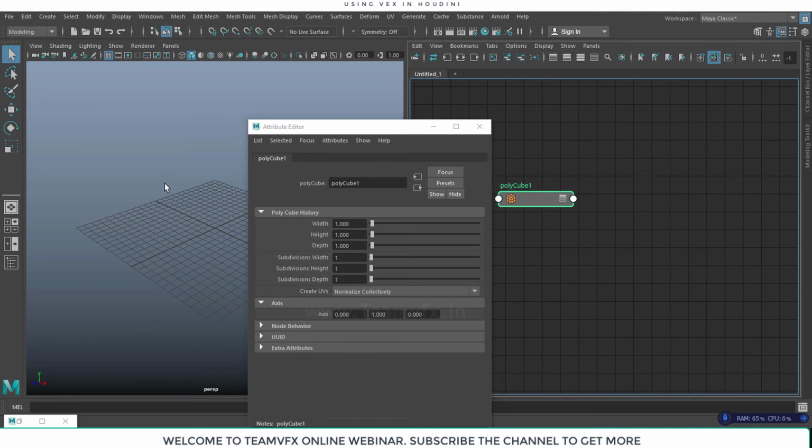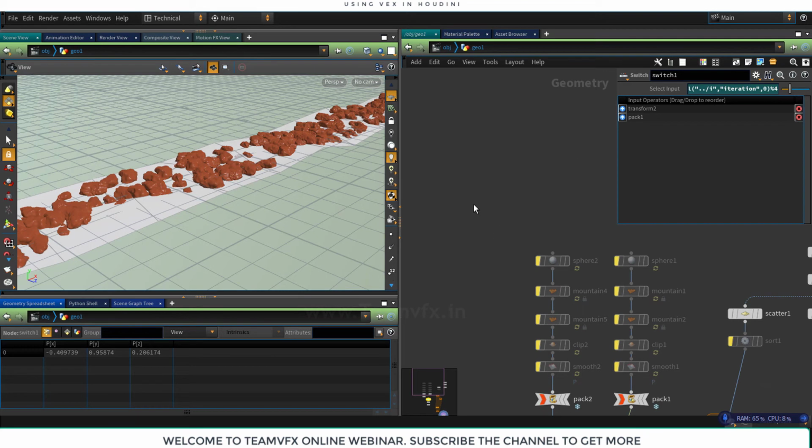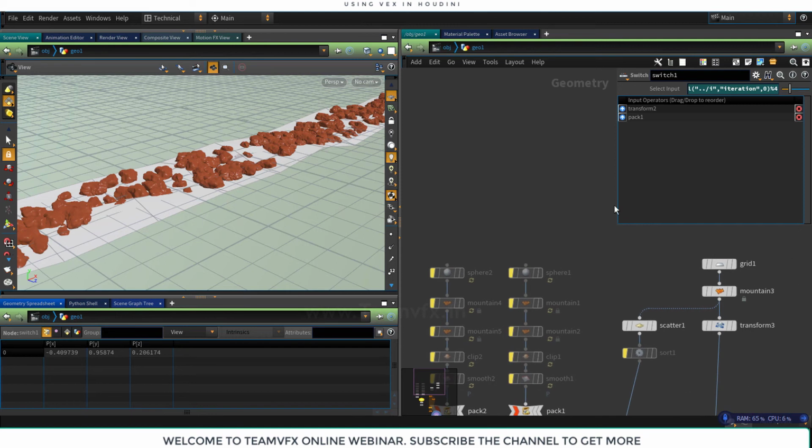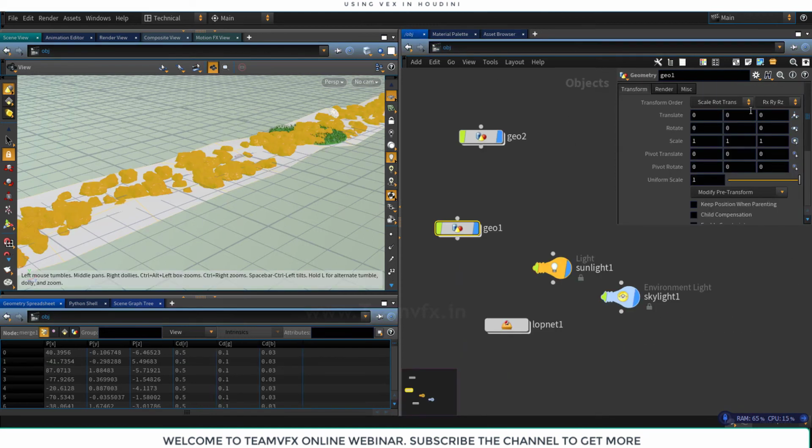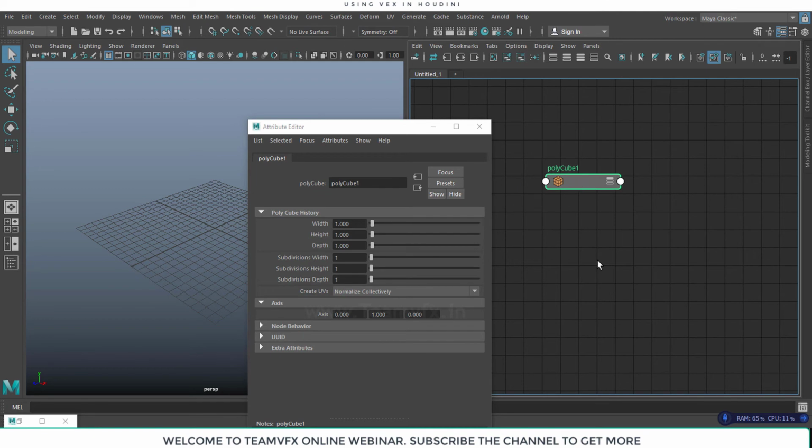It is not like Houdini. Generally in Houdini, whenever we create any node like polycube, we don't have to connect a transform node every time, because in the object node we already have transform details for where that object will be inside the viewport. But in Maya we don't have a different context like Houdini. It has only one context where you have to work on everything. Whether you want to work with dynamics, character animation, modeling, or rendering, you have only one context, and that makes Maya very confusing for people to work with.